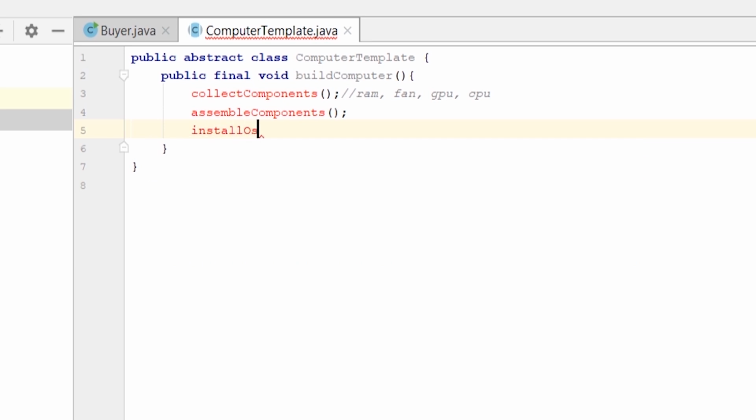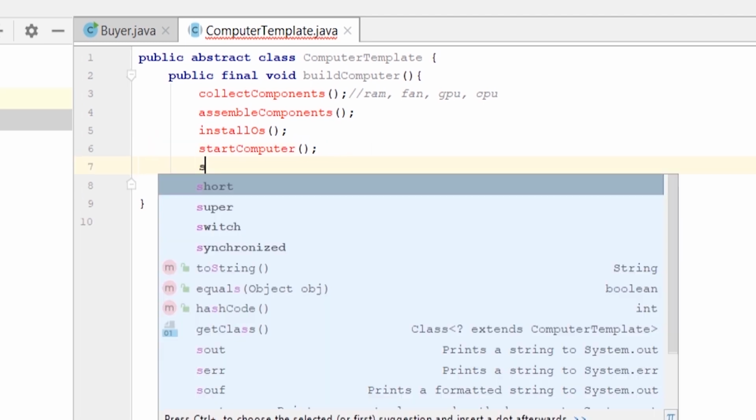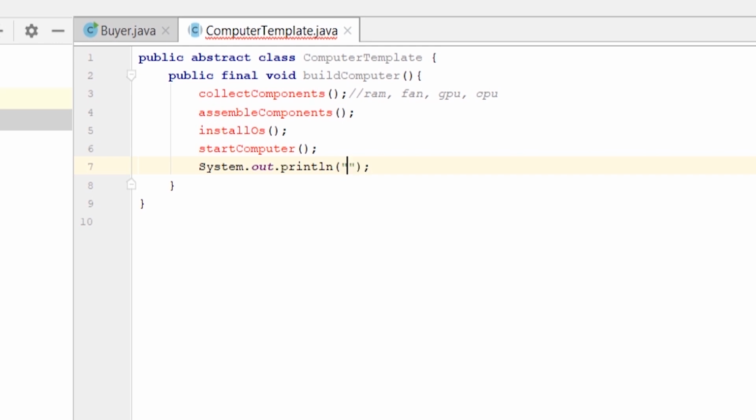Install OS. Start computer. And then we will print just computer is on.